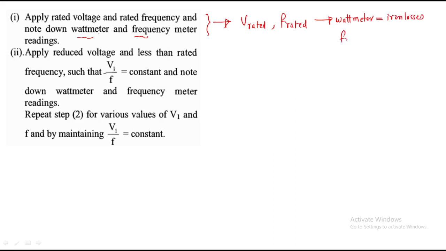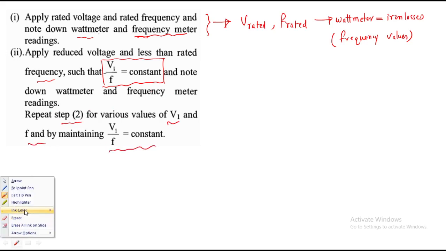And the frequency values by using the frequency meter, right? Then apply reduced voltage and less than rated frequency such that V by F is maintained constant, and note down wattmeter and frequency meter readings, and repeat this step for various values of V1 and frequency, keeping V by